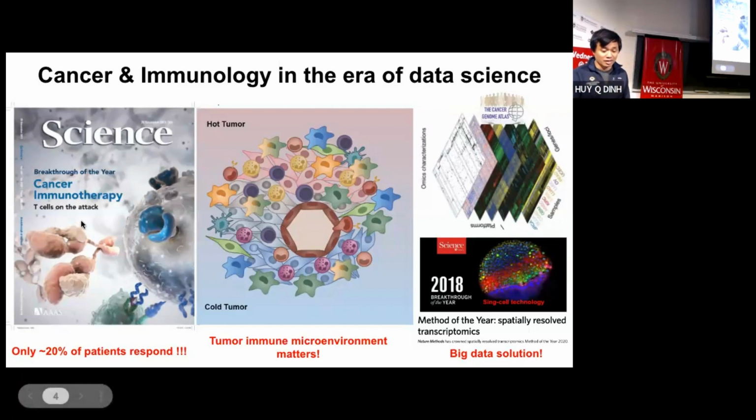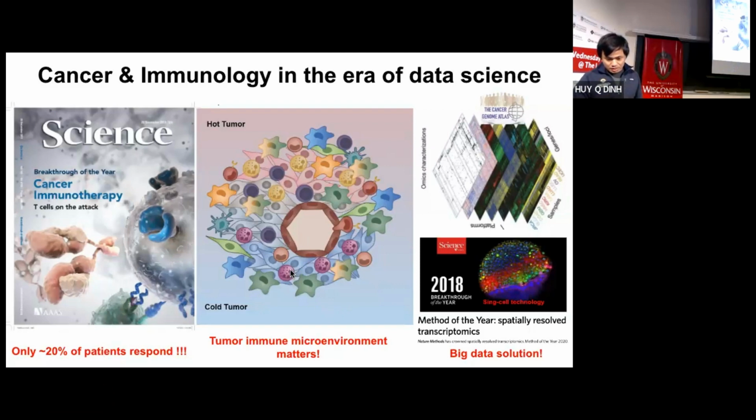That's very intriguing. However, we have a problem. So only 20% of patients respond, and that depends on cancer type. One of the things with immunotherapy is if it responds very well, some of the patients are considered cured, right? But if they don't respond, we want to improve that. And it depends on cancer type. Melanoma has a very good response, next to 50%. Non-small cell lung cancers and maybe other cancers have around 30, and others have 20. But many cancer types don't have a response at all. For example, prostate cancer, breast cancer, some types are also very hard.